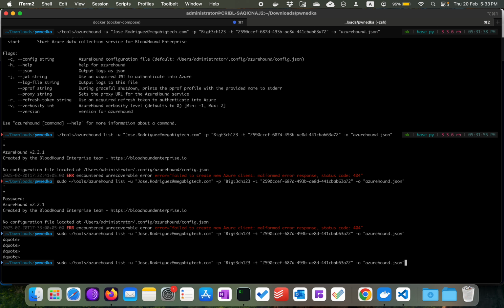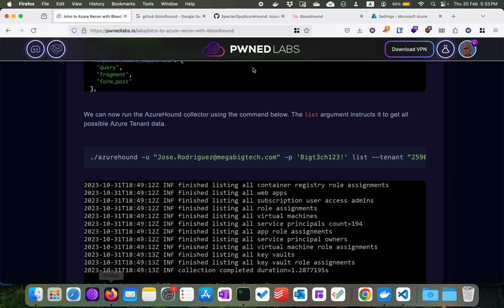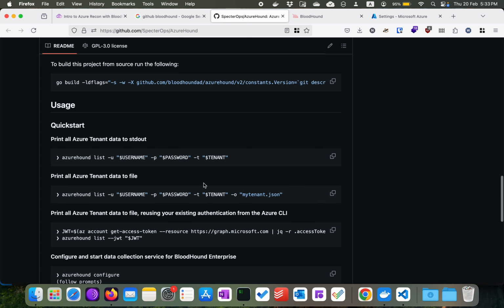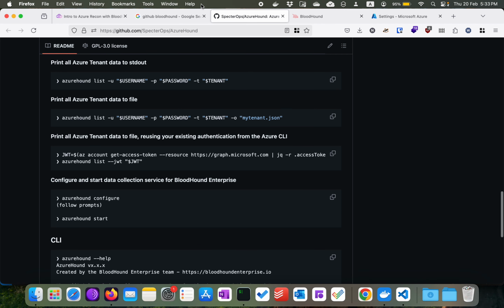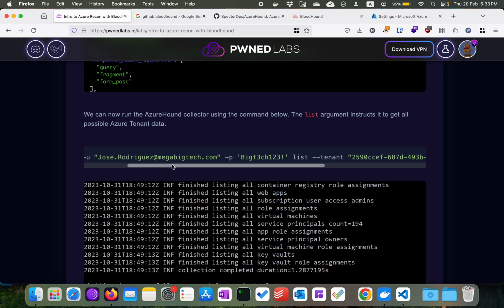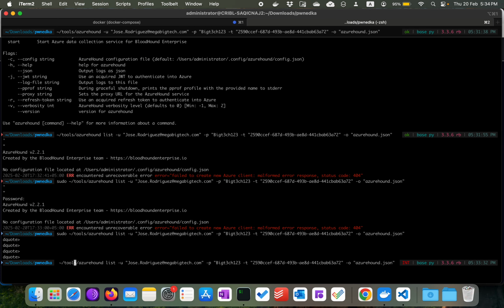Something is not quite right. I do not need sudo. I just need to list -u. Is this the exact command? azurehound list -u -p -t, and then outputting. Sounds correct. -u -p list tenant. Maybe let's give tenant instead of